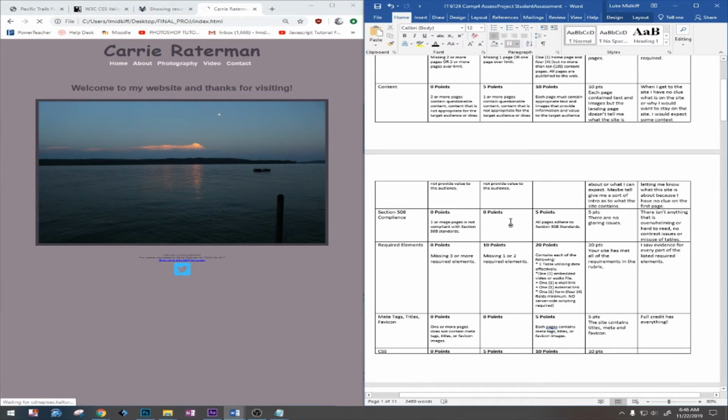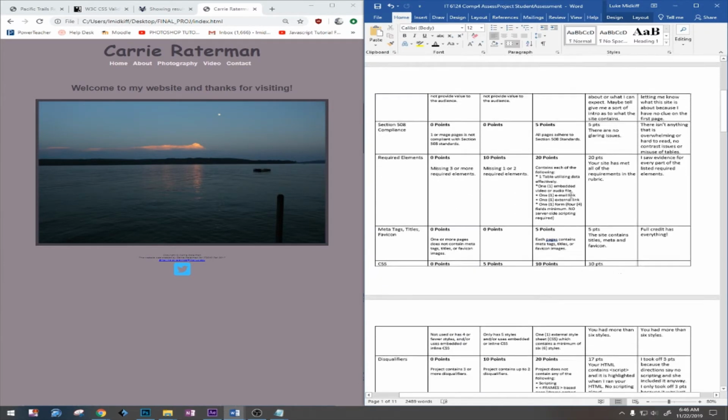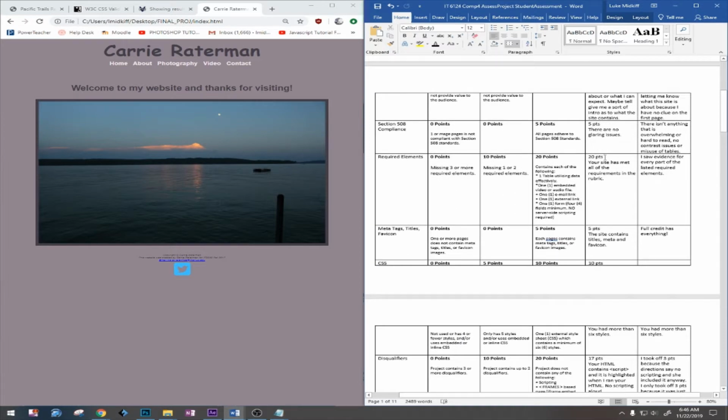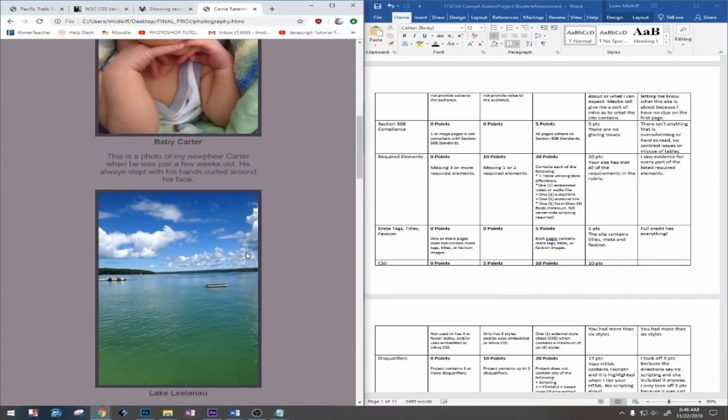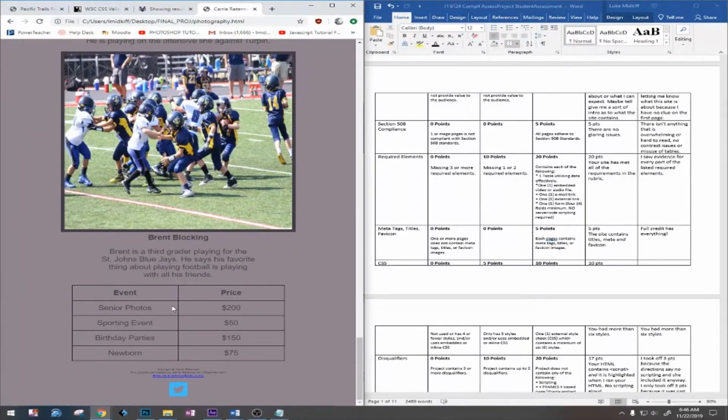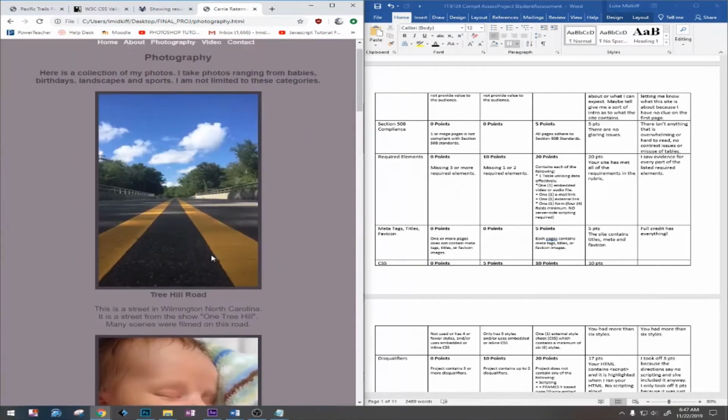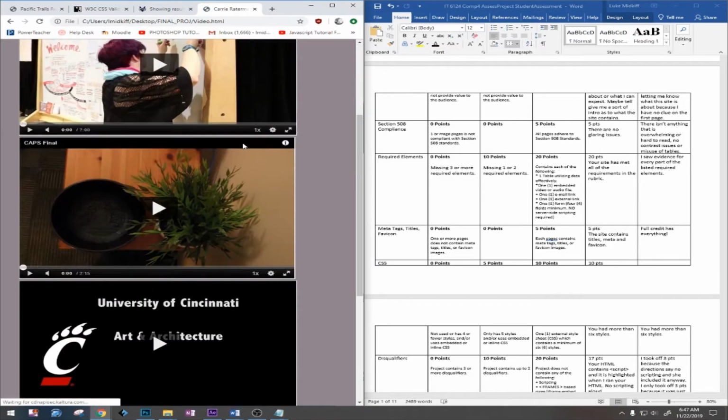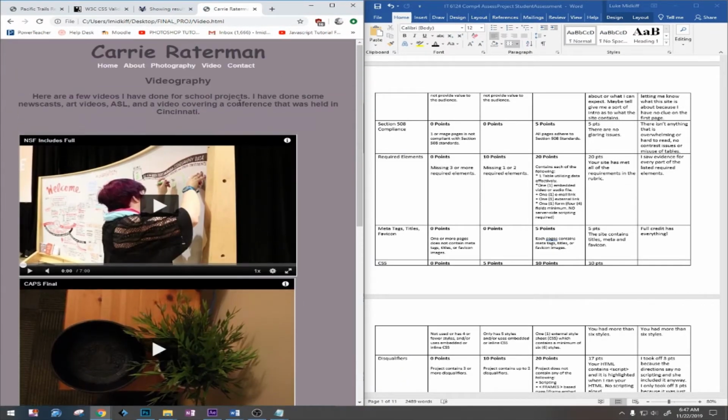The only thing that I said, well, I didn't say that, but that bright blue is kind of hard to look at, but I didn't take any points off. So moving on to the required elements, she has everything, so I gave her full credit, and I'll show evidence of the table utilizing effective data, which would be at the bottom of her photography page right here. And then the next section is one embedded video or audio file, and at the top she has 4 video files. And the next is one email link, which is at the bottom of the page here,